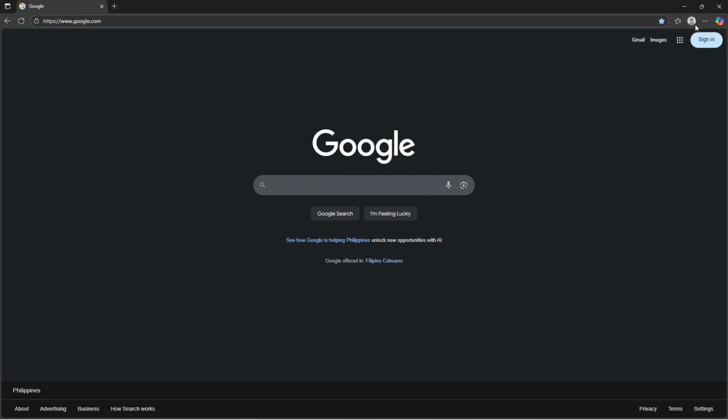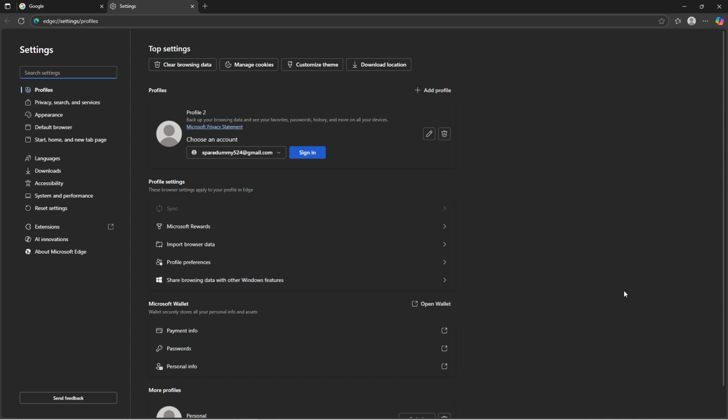You'll want to focus on finding the option labeled Settings. Once you've located it, go ahead and click. This action will open a new tab or page within the browser dedicated to personalizing and managing your Microsoft Edge settings. On the left side of this newly opened page, you'll see a sidebar with several options for different categories